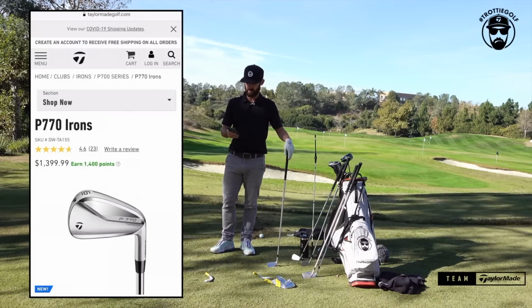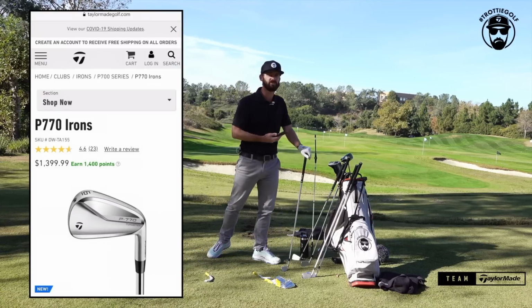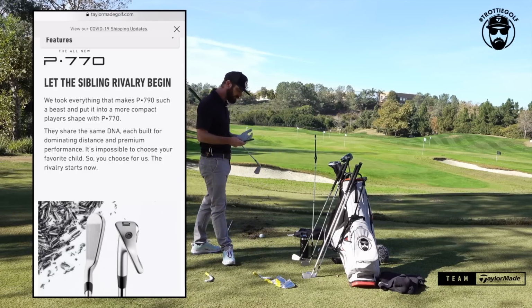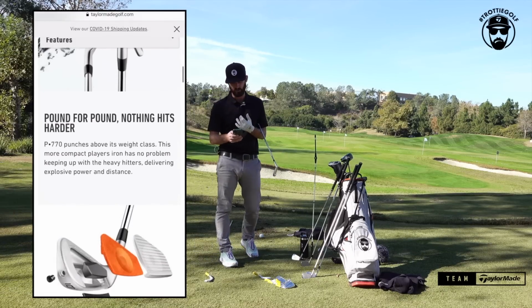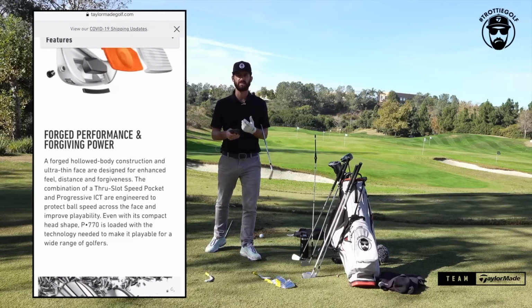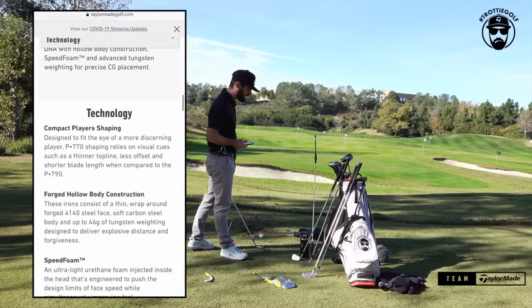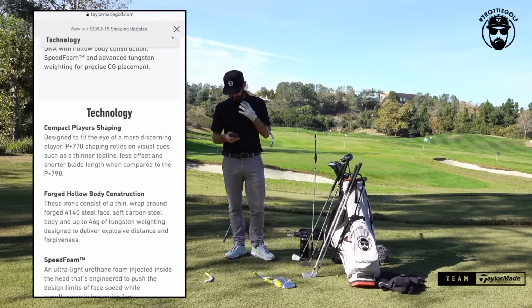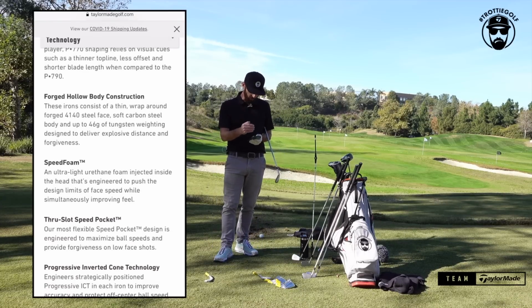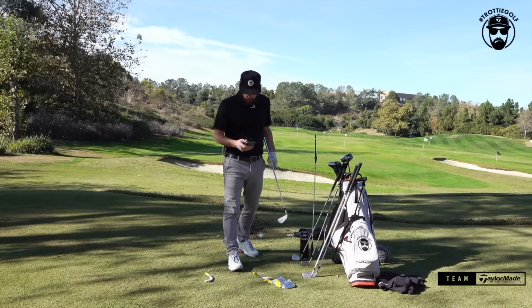So no doubt you've done your research and you've gone through the website and the 770 has caught your eye. I initially went MC out the gate, but 770 is getting great reviews. People are loving them. Pound for pound, nothing hits harder. That jumps out at you when you go through. Forgiving performance and forgiving power. Interesting, right? All things that are interesting as you get down into it. But forged hollow bodies in there, compact player shaping, speed foam. These things then start to bring up, as a player, okay, this club's going to come out perhaps a bit hotter. So how do I combo this as you go into the MC, which is, again, on the TaylorMade website,